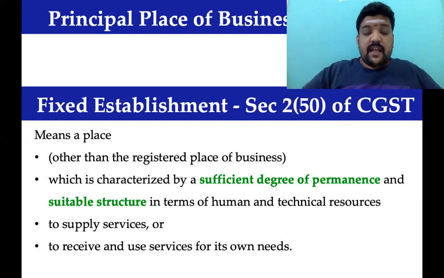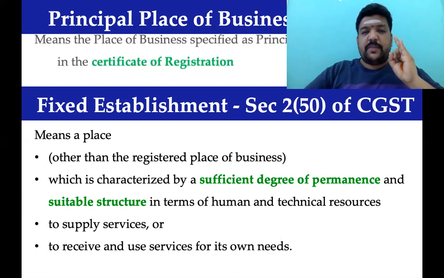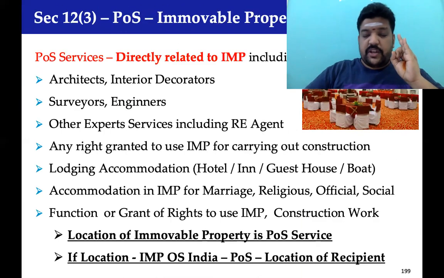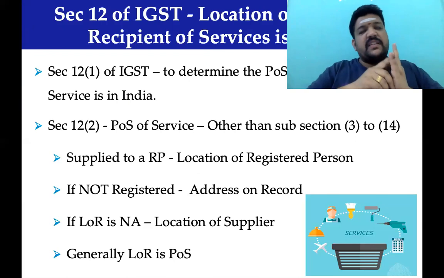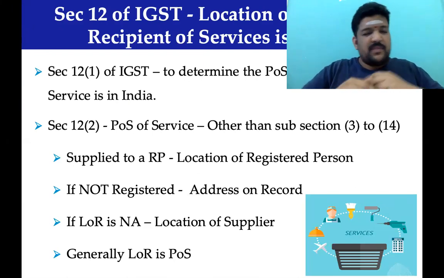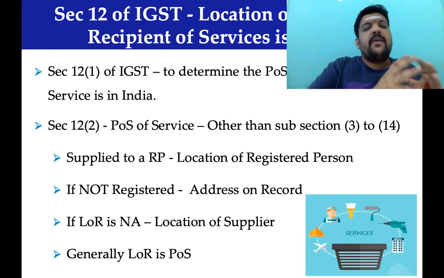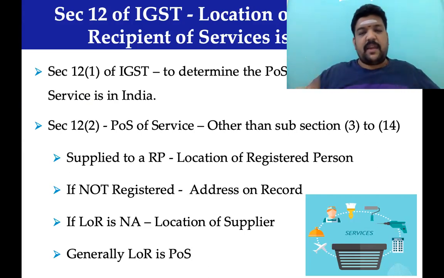Coming back here, there is a registered place, there is a fixed establishment, and the fixed establishment is not reported to the government. That is the important point here. Sir, I have a fixed establishment, I reported it. Then the place will become a registered person's additional place of business or principal place of business. When they have not reported it and used that place for providing that supply, the place that they use will become the location of supplier. Followed by,